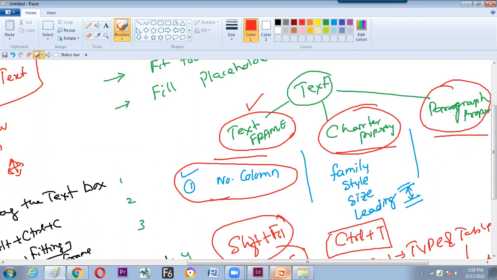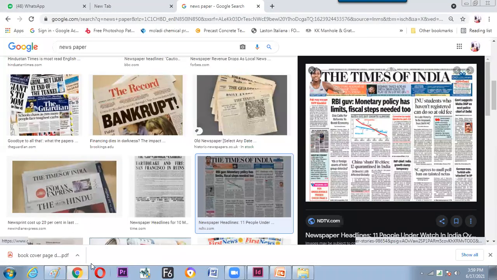It is neither in character property nor paragraph property. It is in the text frame property. And we saw how the layout of a newspaper works, and tried to connect ourselves to the newspaper columns, and with our present knowledge, how to get it done.